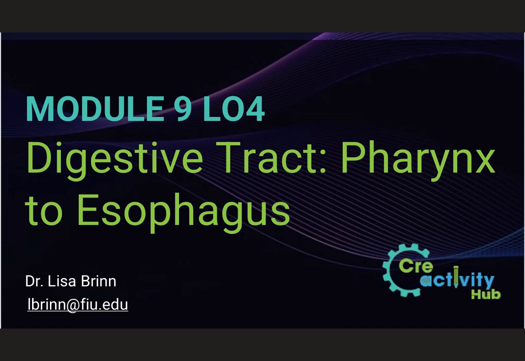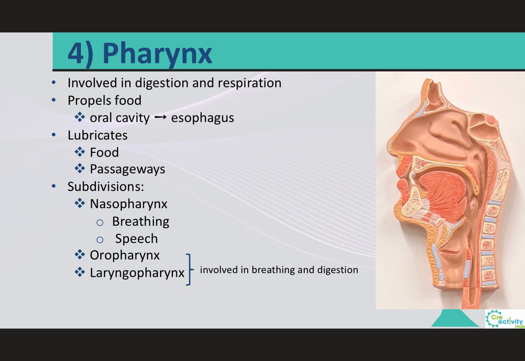For learning outcome number 4 of Module 9, we're going to be talking about the pharynx and the esophagus. Basically, these are part of the digestive tract, and not much happens in these two compartments because they're just a passageway from the mouth to the stomach. The pharynx, which we already talked about when we were talking about the respiratory system,